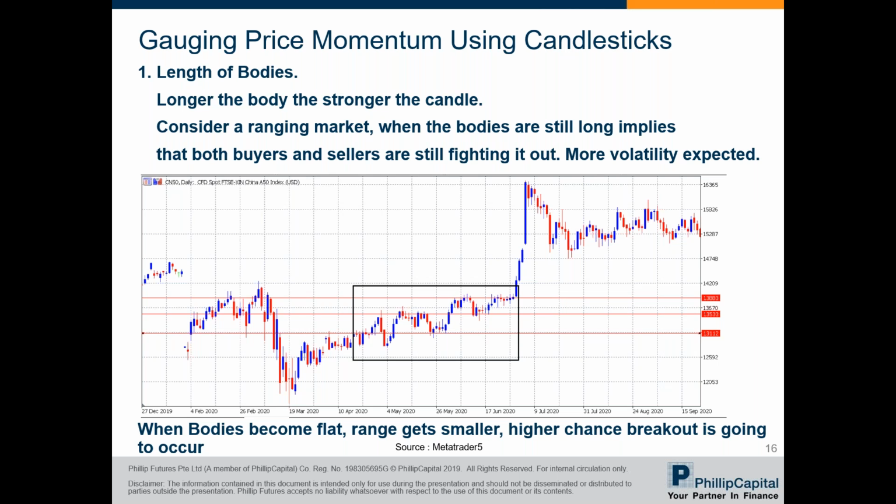The fight will almost taper to flat bodies before a direction will be taken, which is after one side gives up the defense. So you can see here, the bodies were actually long and turn out to be flat. And after the bodies turn flat, a direction will be picked and there'll be a winning side. So when volatility is still going on, the direction usually will not be picked until the bodies go flat.